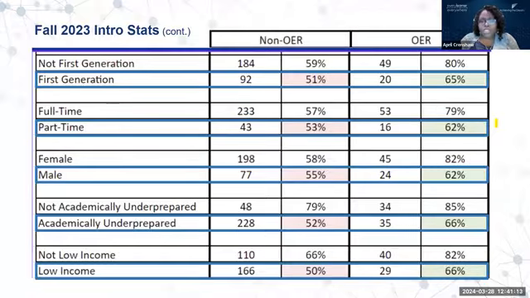Okay, our first generation students, we moved the needle for them while at the same time moving the needle for our non-first generation students. We moved the needle for our part-time students who were considered the vulnerable ones while at the same time moving the needle for the full-time students. Our males, in particular, our Black males, we moved the needle for them while at the same time,